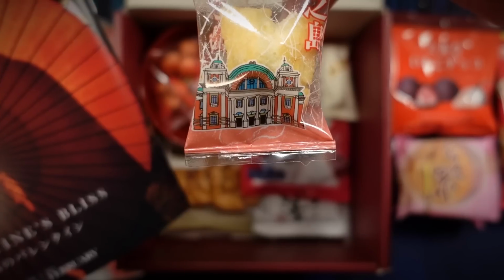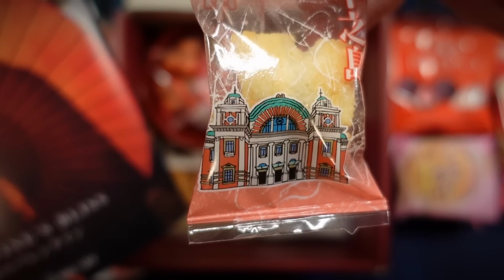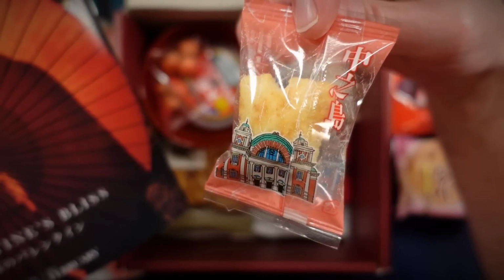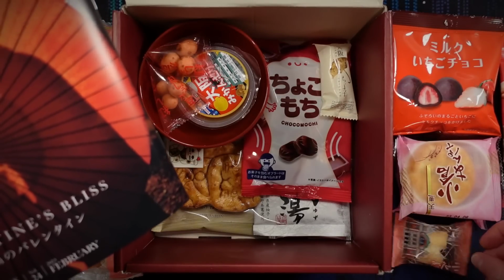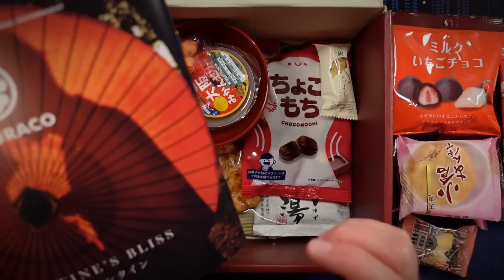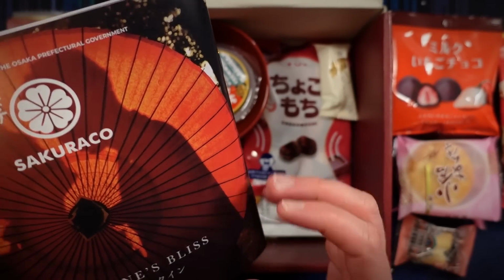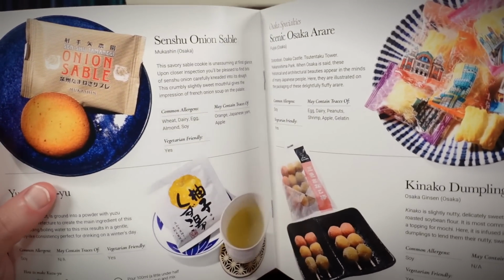I wonder what building that is. I don't know. If I visit Osaka, maybe I will recognize it. I don't think I will, sadly. I don't think I will have time to go there. But